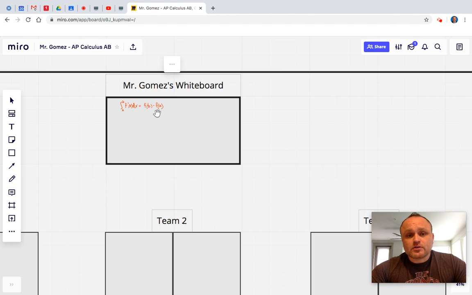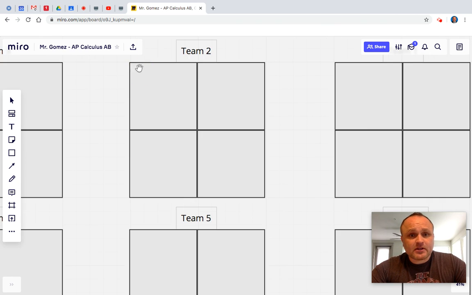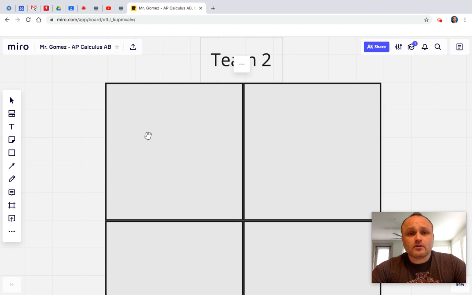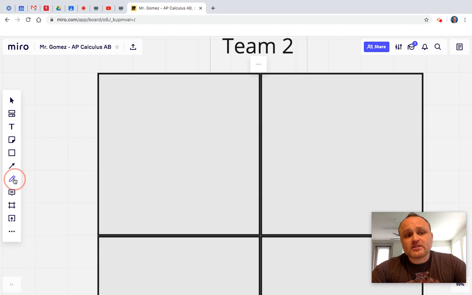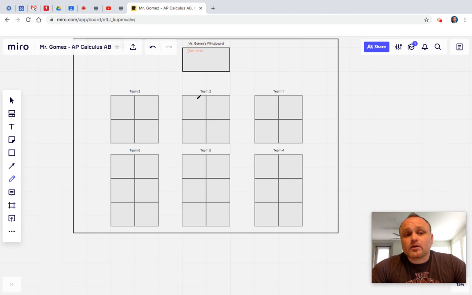You guys would be able to zoom in, zoom out, look at my question, and then kind of go on your own, pending that you have a pen tablet, an iPad, or some kind of annotation writing device, and you would be able to basically from your desk start writing your problem, however you think the answer is. Okay. Some of you have more experience than others at this, but I could see, it would be like me walking around in the classroom. I could see 10, 15 different people. There are 30 desks that would be working simultaneously. So if someone had a question, I could help them and whatnot.